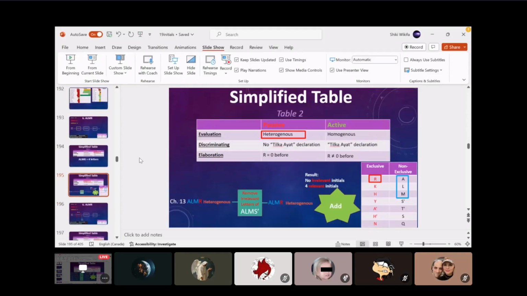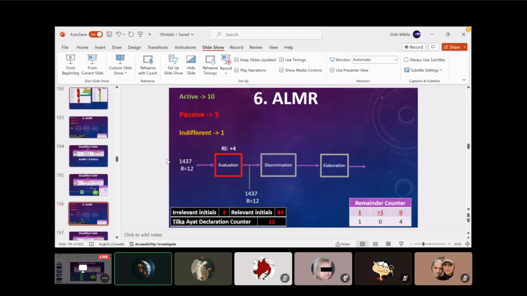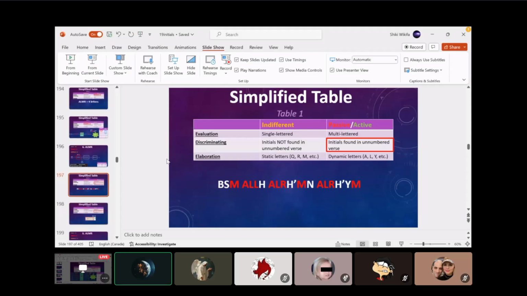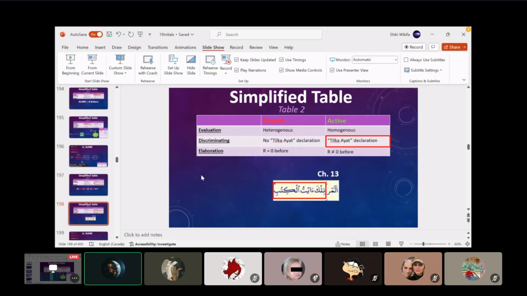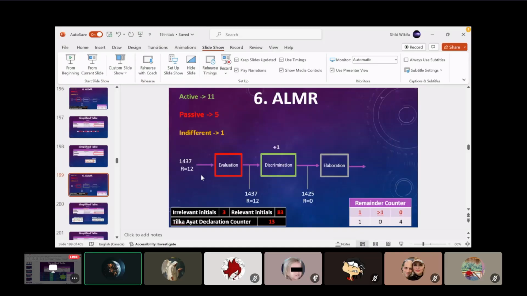So LMR is 4 letters. Remove the irrelevant letters. It's homogeneous. You see it as ALM and R. It's homogeneous. Therefore, you add, and then you go through the passive active. It's found LMR has a strong presence in the unnumbered verse, right? Because it has a strong presence in the unnumbered verse, you have to go on table 2 because it's passive active, and because it has tilka ayat declaration, it's going to be active, and the tilka ayat declaration count is going to go up by 1, and the active declaration is also going to go up by 1 as well because it's an active input, and you see the result is going to be a 0 remainder,